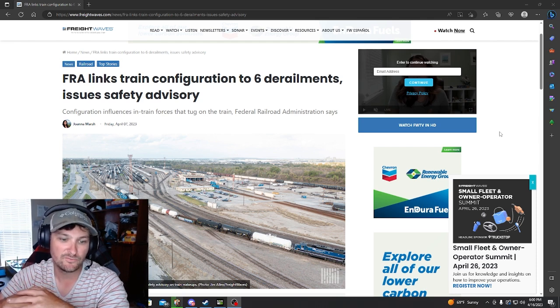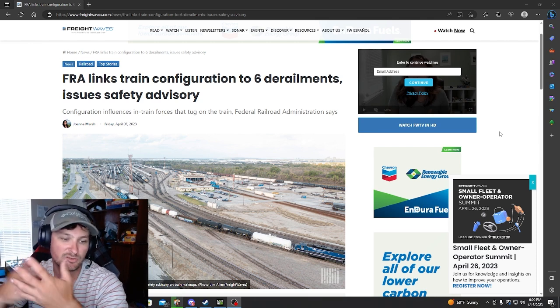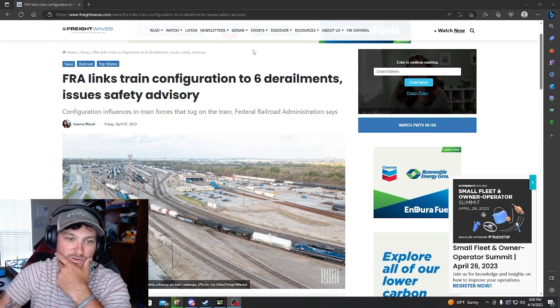Versus where if you have most of your weight on the head end and it's light on the rear, it's not going to be as much pressure on those knuckles if they didn't get their train stretched out by the time that their rear sits in the bottom. But it's interesting that